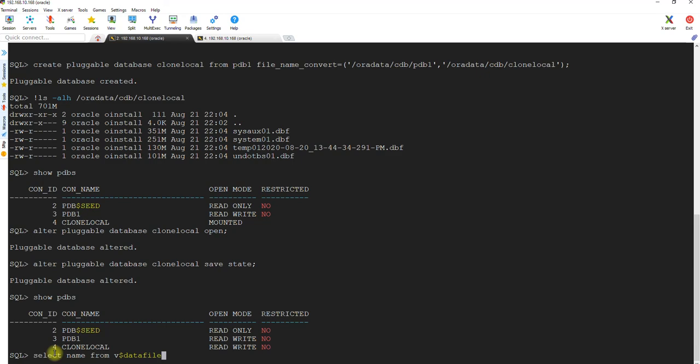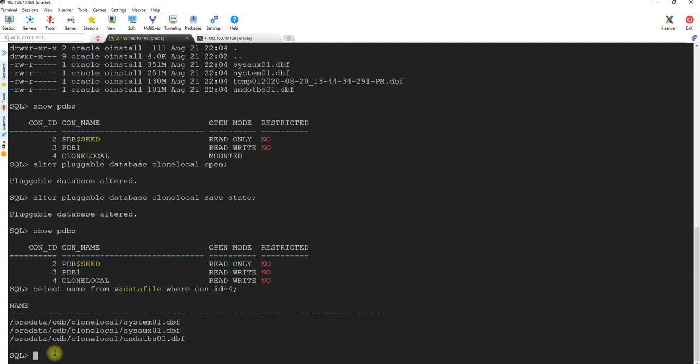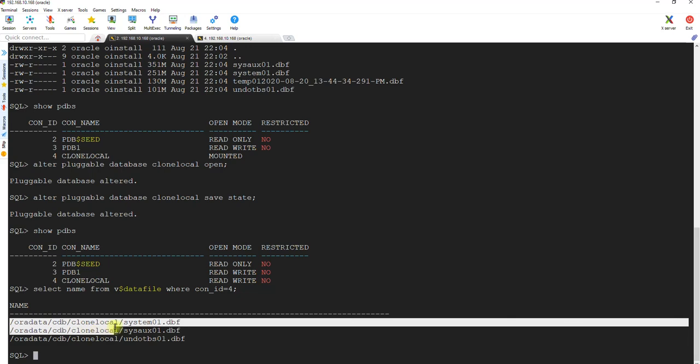Yes, it has been created. Whatever the database had, it was automatically cloned, so you don't need to worry about it. Okay, where con_id is 4, right? It should give all the details of data files. Okay, so perfect, everything has been created under this.